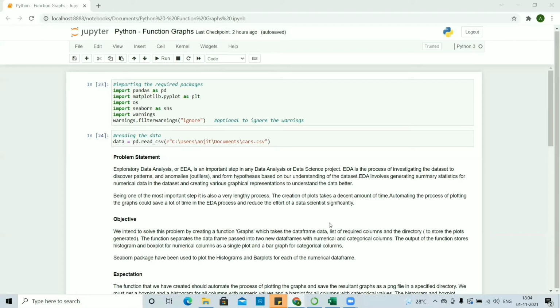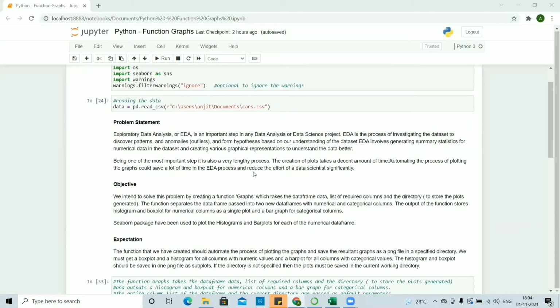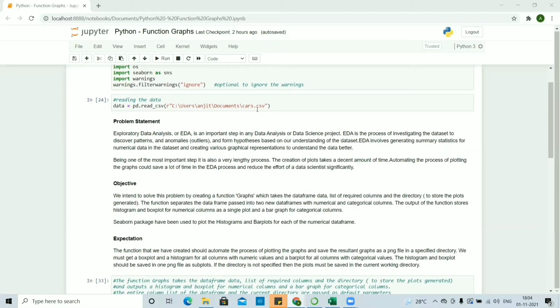So here's our code. We'll be walking you through the Python code for the function graphs and showing a demo of its working. So first we'll have to import all the required packages. We have pandas, matplotlib, OS, Seaborn, and the warnings package, which is used to filter and ignore the warnings. We'll be reading the data from the cars.csv file. I'll show you the data.